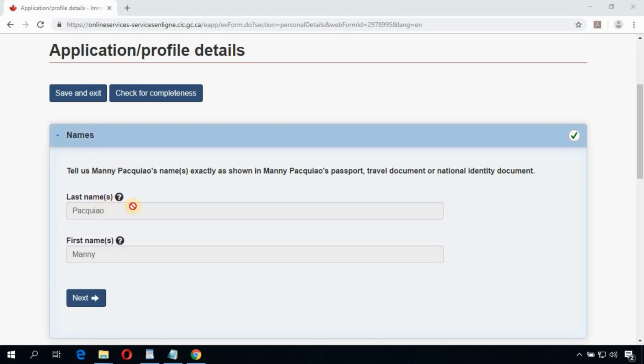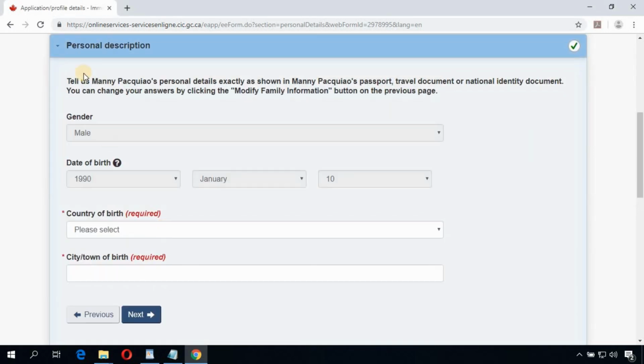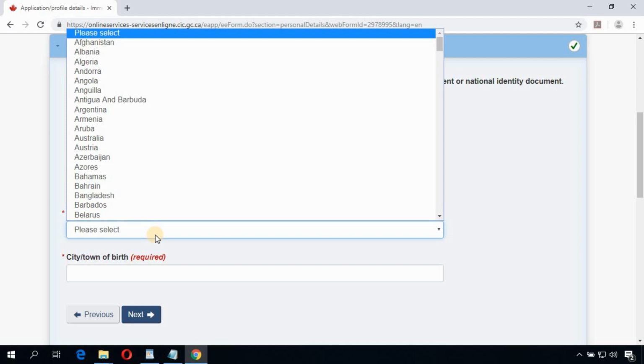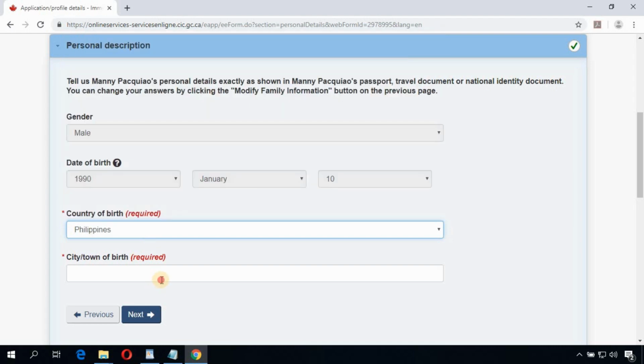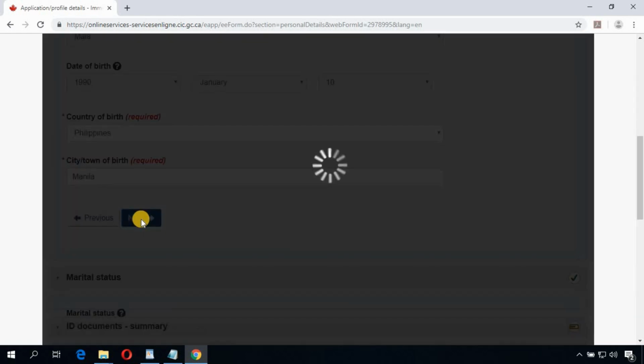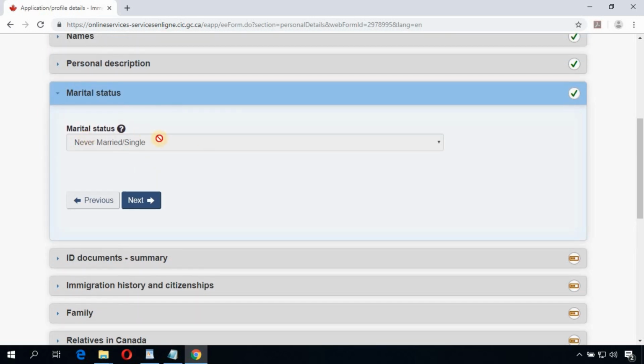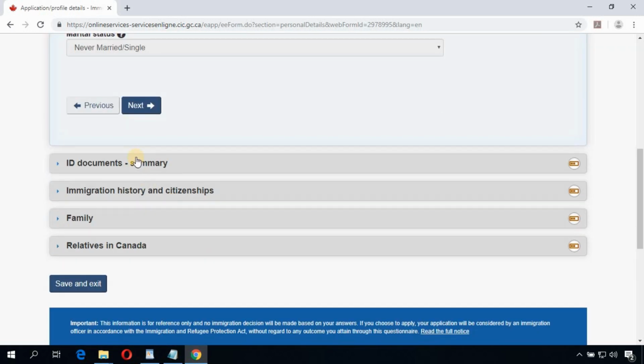We've already done with the name, last name, and first name, and the next one will be personal description. So we're done with the gender and date of birth as well. So country of birth, Philippines. Town of birth, say Manila, and then click on next. We've already answered this as well, marital status, which is single, and then we're moving on to the ID document